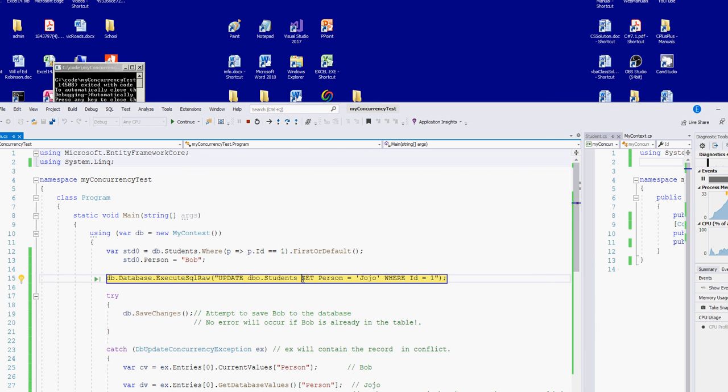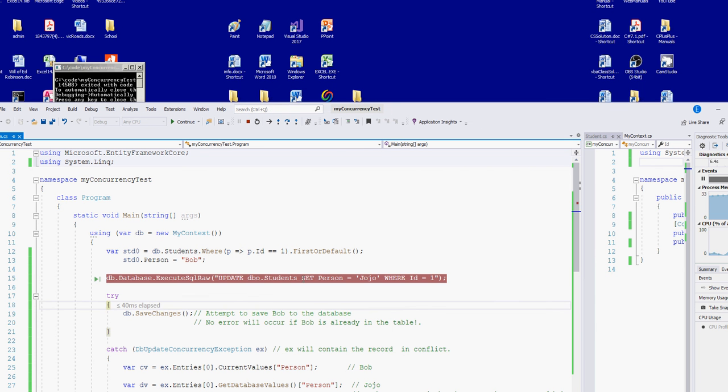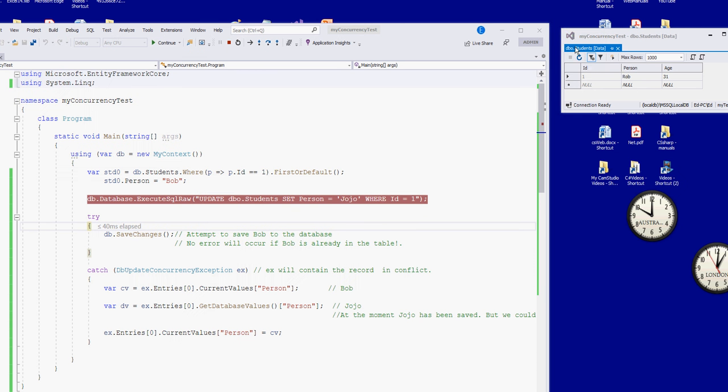If we F11, a single step past that line, execute raw SQL, then we'll notice that if we take a look at the table and I update that, you can see that it indeed is Jojo at that stage. We could consider this to be what we call optimistic,